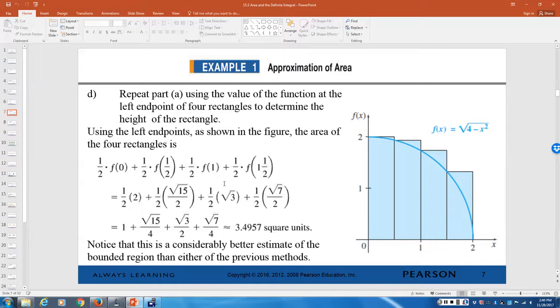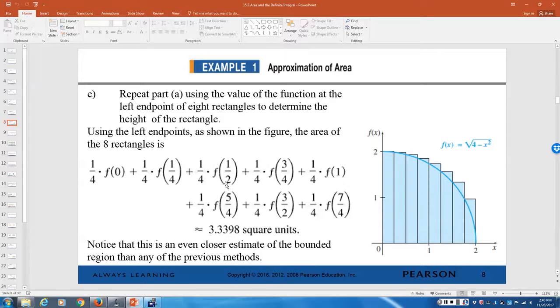One thing you could do is use 4 rectangles instead of 2. Notice that if I use 4 rectangles instead of 2, and I have them be left rectangles, there's a little bit of overestimation, a little more, a little more, but I get back down closer with more rectangles. There's not as much area that's left out. If I used 8 rectangles, I'm dropping the whole area down to 3.3398, which is again closer to 3.1415,